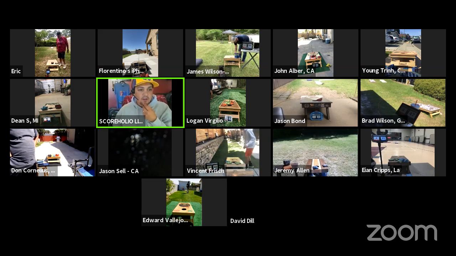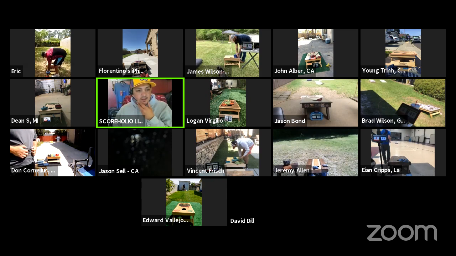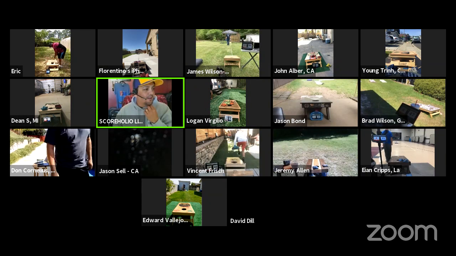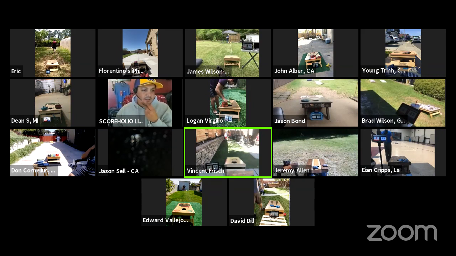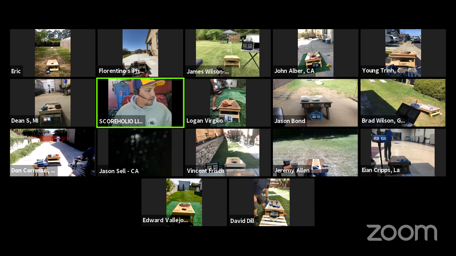All right, we got Don Cornelius showing us his dad bod. You could go after that mimosa. All right, Jeremy's locked in. Jeremy loses by 2. Logan 63-61. Jeremy, thanks for coming out and playing. Thanks, man. Really appreciate it. And that means that we got Logan moving forward. John Albert, Logan,